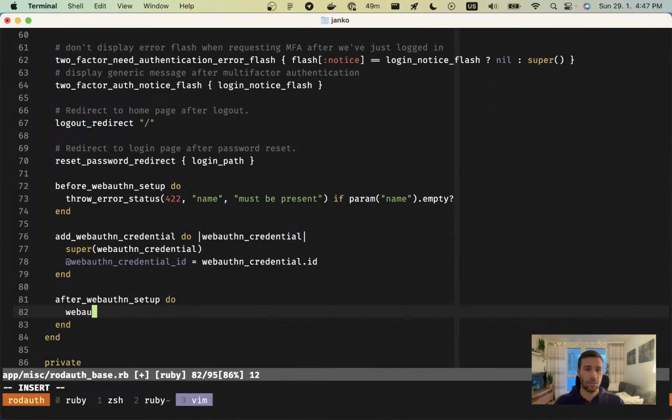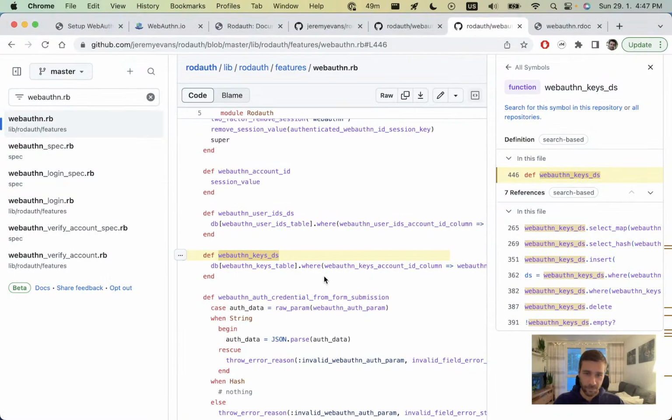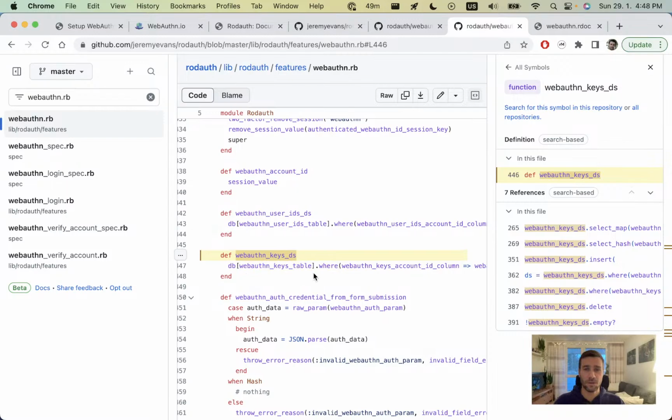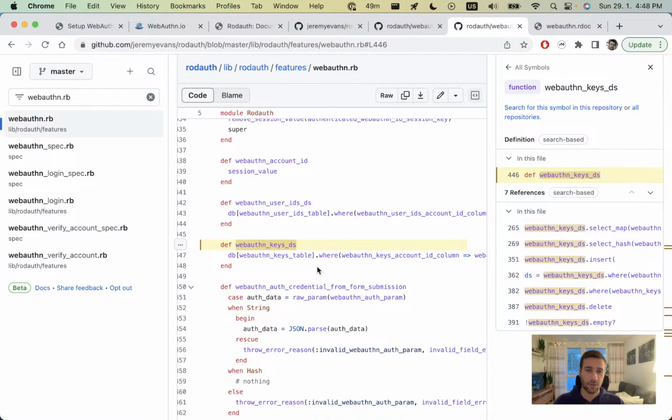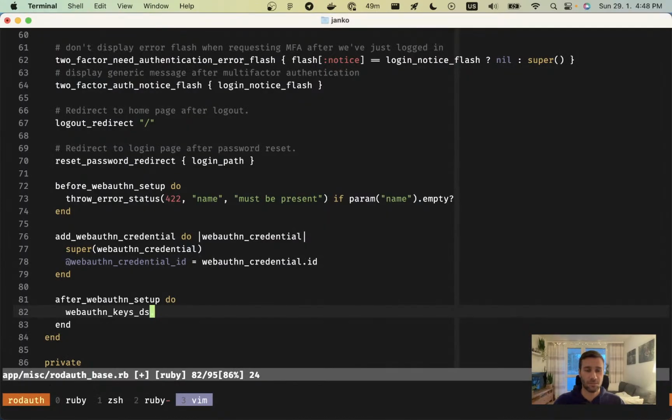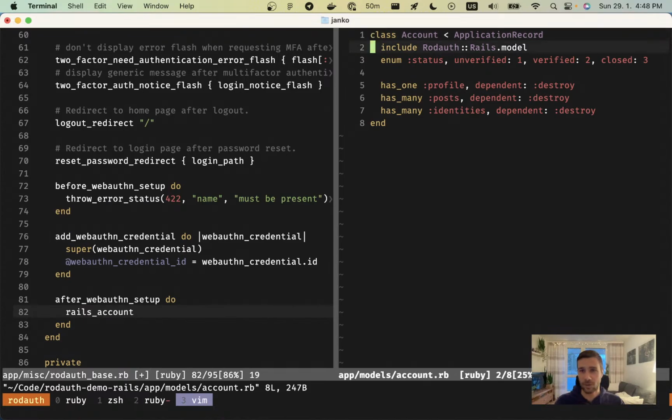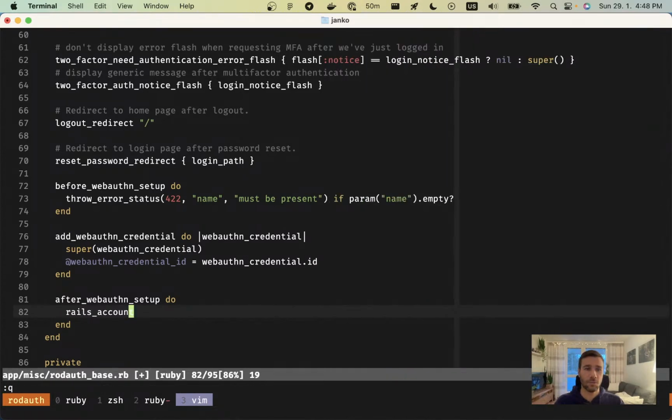So I will call WebAuthn keys ds, and this is now a SQL dataset. Normally you don't need to deal with SQL that much. You can just call Active Record code, and I guess we could. Why not? Let's show how you can use Active Record. So we will return the Rails account, which will return the account model, which is an Active Record model, and then we will say